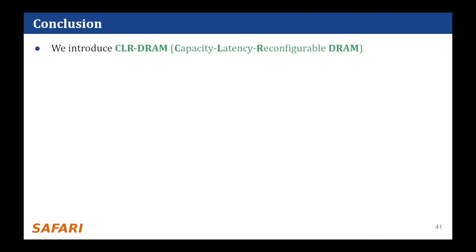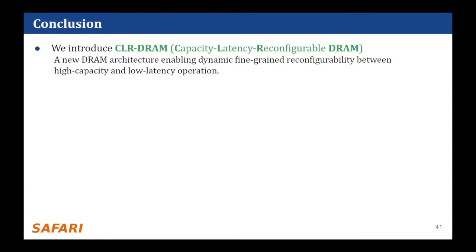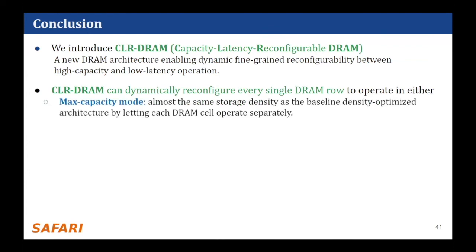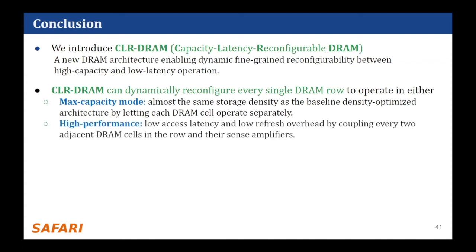So we propose CLR-DRAM, a capacity-latency reconfigurable DRAM, a new DRAM architecture that enables dynamic fine-grained reconfigurability between high capacity and low latency operation. CLR-DRAM can dynamically reconfigure every single DRAM row to operate in either a max capacity mode, where it achieves almost the same storage density as the baseline density-optimized open-bitline architecture by letting each DRAM cell and its sense amplifier operate separately, or a high performance mode where